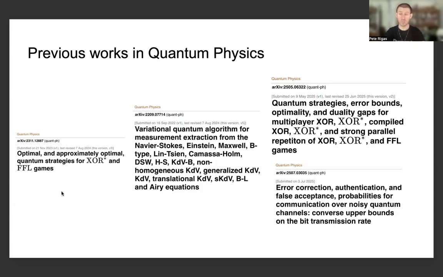And even before this paper on XOR star and FFL games, I'd kind of already been familiarizing myself with performing time evolution on quantum circuits because, after all, performing quantum computation over these types of classes of circuits is very much related to quantum algorithms and variational quantum computing, which is an extension, like I've described in some of my presentations from a while ago in the APS April and March meetings, how this algorithm, this variational quantum algorithm,